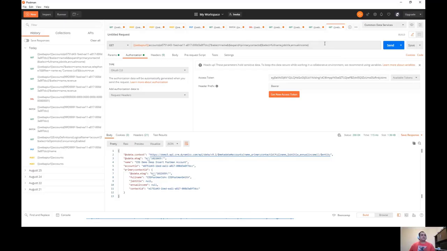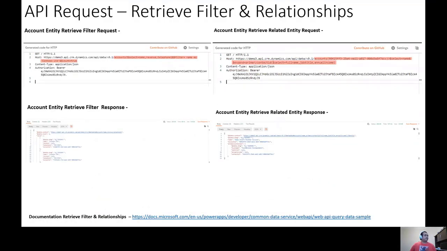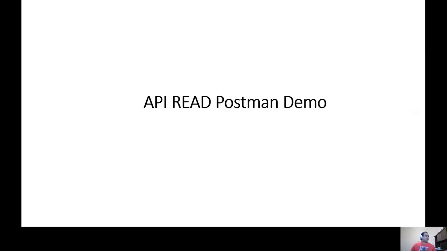In addition to that, I can pass FetchXML queries, which is the query language used by CDS to query related data. I can execute individual views. In the .NET demo, I will show you some more retrieve options. I can create a view in CDS and call that view and execute it as part of the APIs as well. And here I talk about the filters and relationships that I just demoed. And that's the read demo, which I've already done.